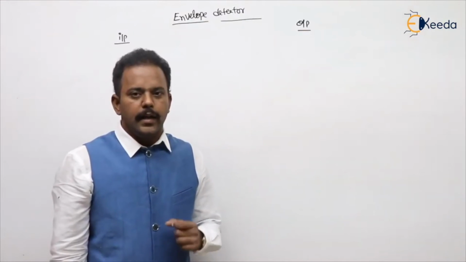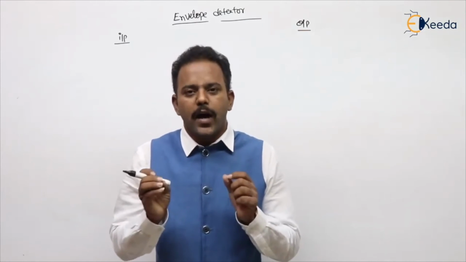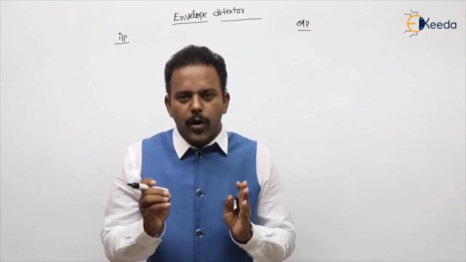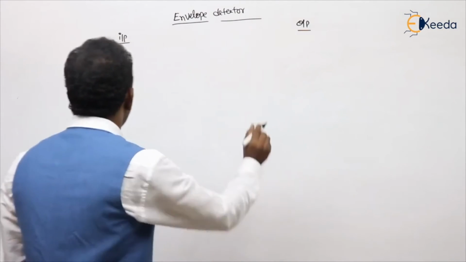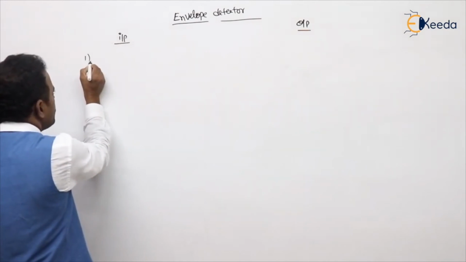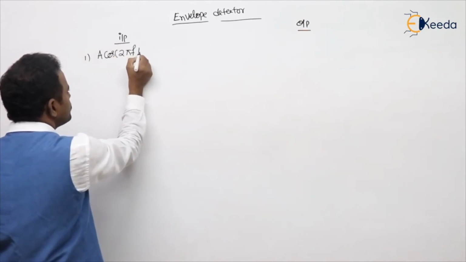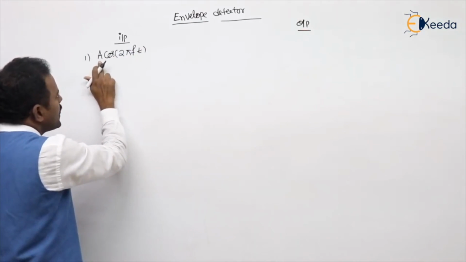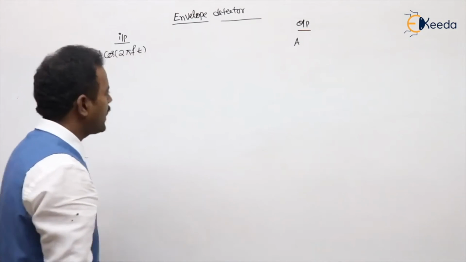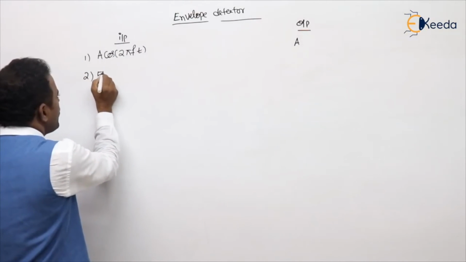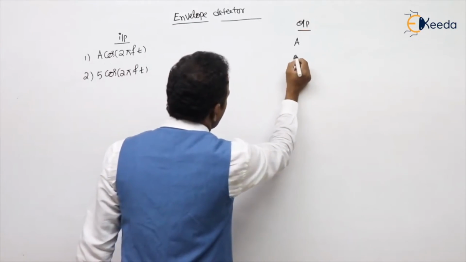Now we will see the envelope detector input-output relations. What is the envelope detector giving? Whatever signal we give, the envelope detector gives the positive peak value. For example, if I give the input of an envelope detector as A cos 2 pi ft, its peak value is A, so the envelope detector output is nothing but A. For your clarity, if I give 5 cos 2 pi ft, the envelope detector output is 5 only.